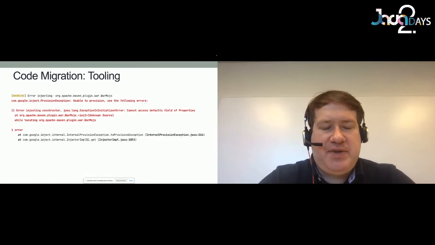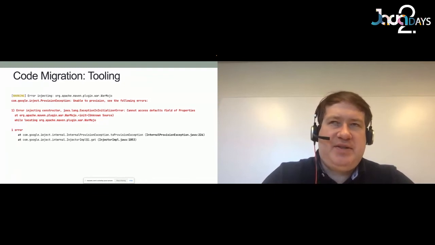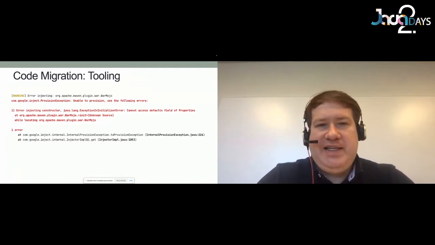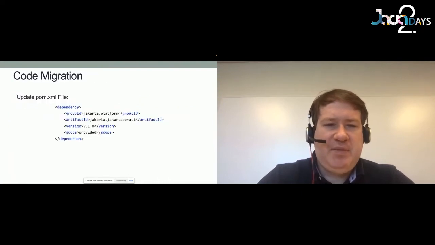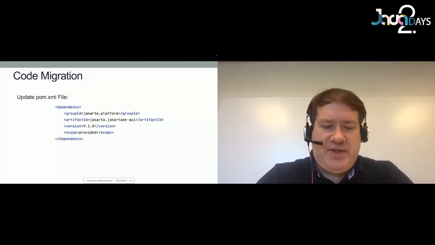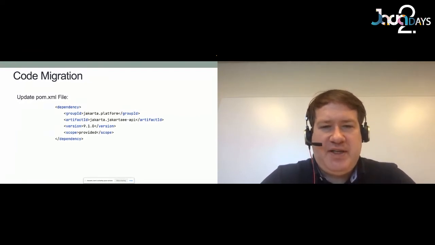And additionally, you also have to update tooling. So this is an error message that I got when I took an existing project and tried to switch it over to compiling and building with Jakarta EE 9. I ran into trouble with the Maven plugin, complaining about it. So the first step in a migration, if you're doing a source code migration, is to update your POM file to point at Jakarta EE. In this case right here, I've gone for 9.1, which has a baseline of Java 11 required. If you're still using 8, you can switch to the 9 release and just put 9 in.